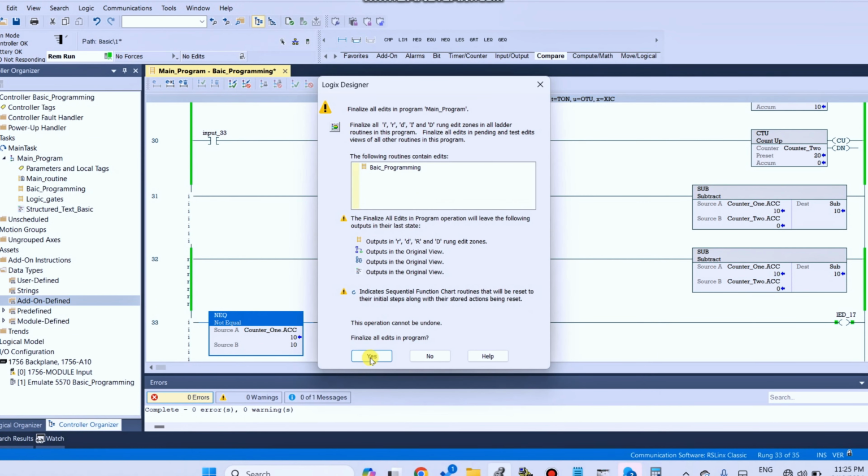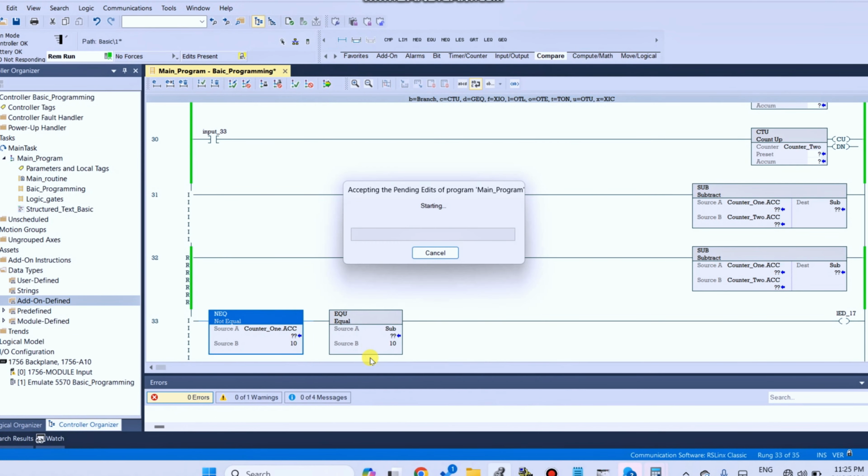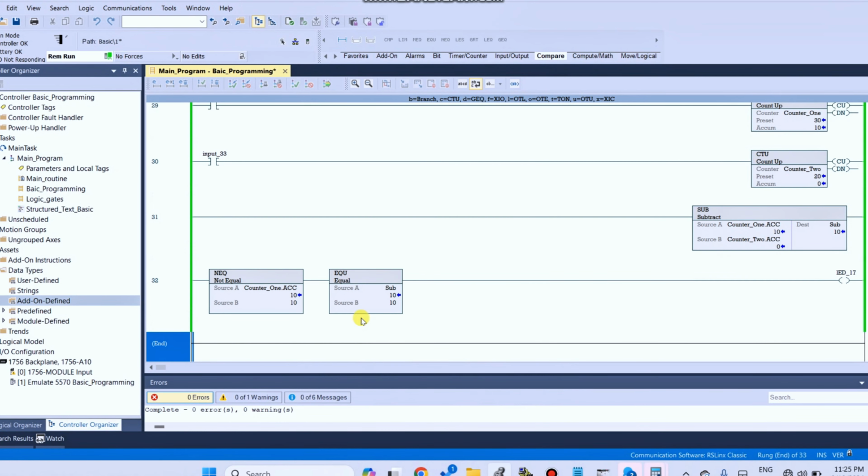compile. Now counter 1 is not equal to 10. When counter 1 is not equal to 10, then supply goes from here to here, to the LED.